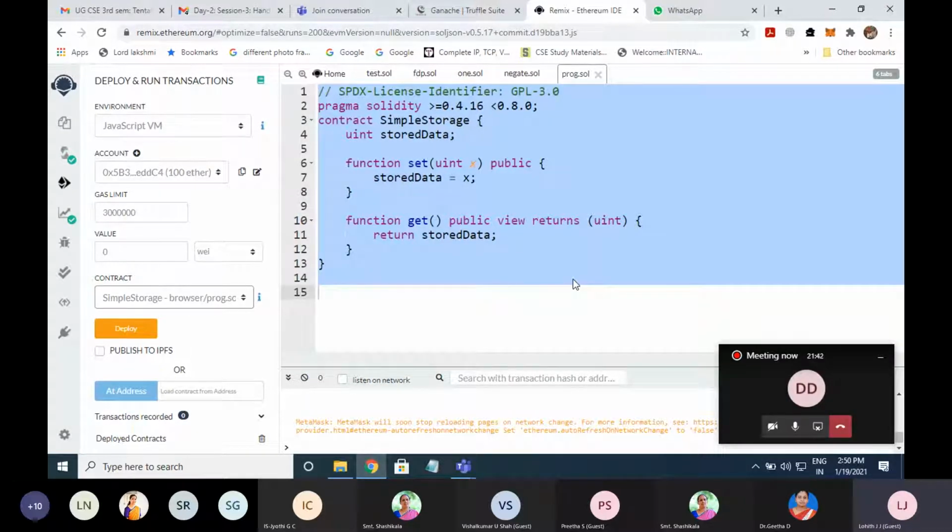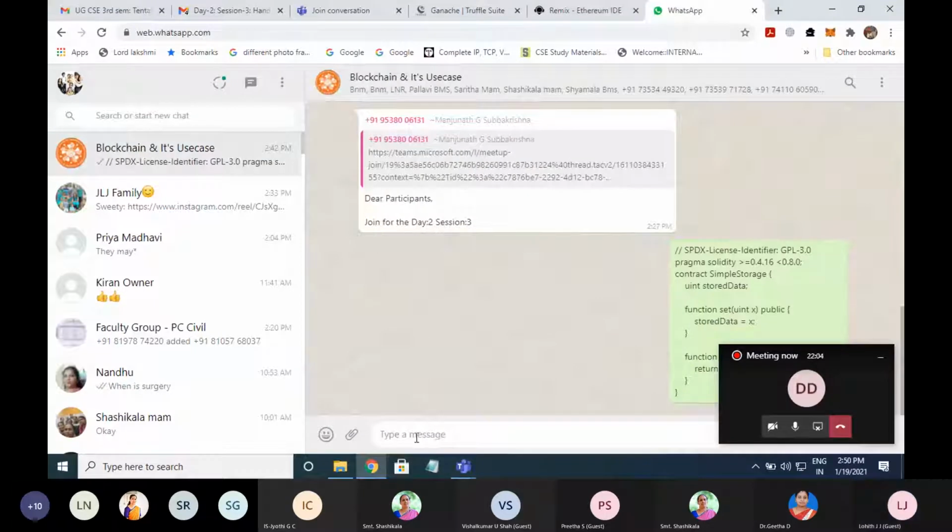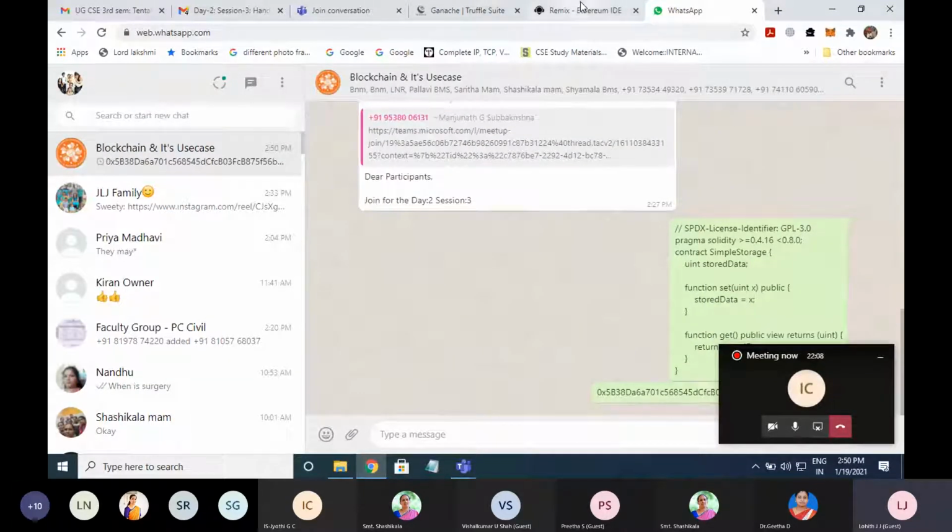So for testing any smart contract, you can use remix.ethereum.org. As a first step, it will create some 10 accounts for you, wherein each account has 100 ether. If you want, I'll paste this address in the WhatsApp. Okay, I have pasted that.